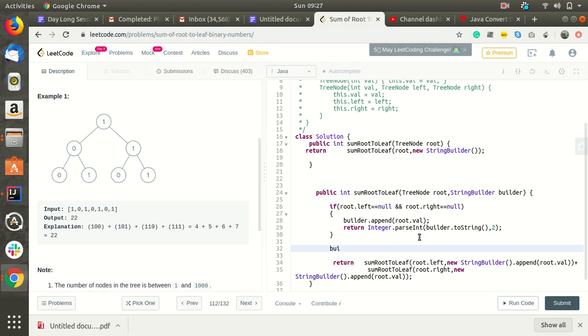Wait a minute. I'll first do builder dot append, then I'll send builder to it. Let's see.